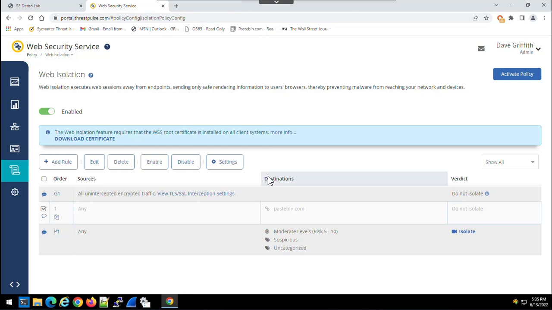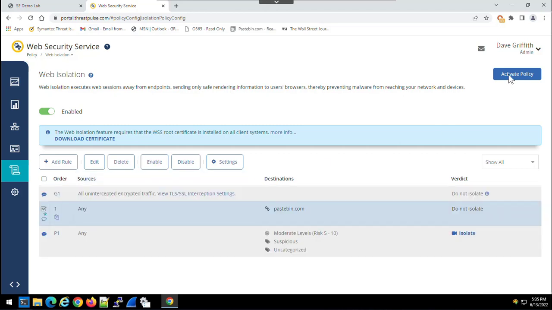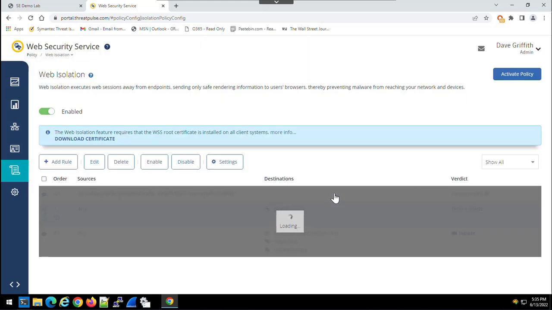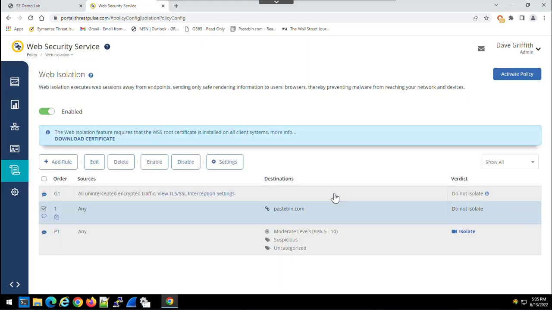A Symantec Web Protection customer cannot add any new isolate rules, but we can add bypass rules just like I did with this one. We'll re-enable this one. Make sure I mark that, click enable, and activate the policy again so that we're not going to isolate this. So a Symantec Web Protection customer cannot create new isolation rules to isolate particular websites.